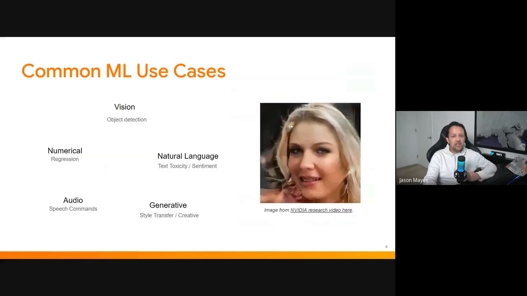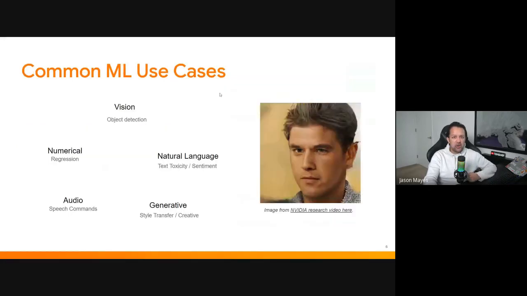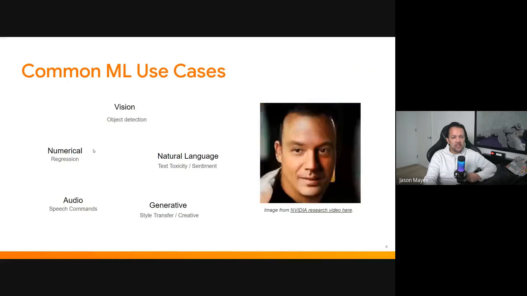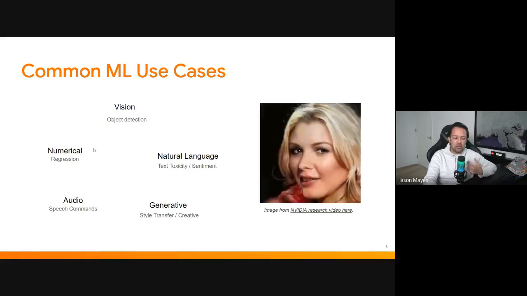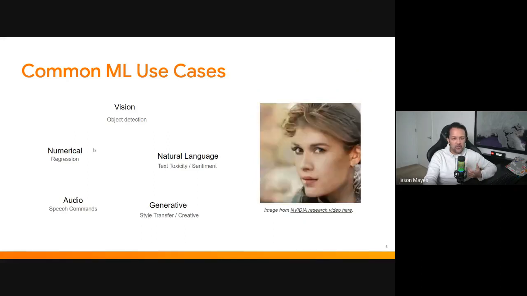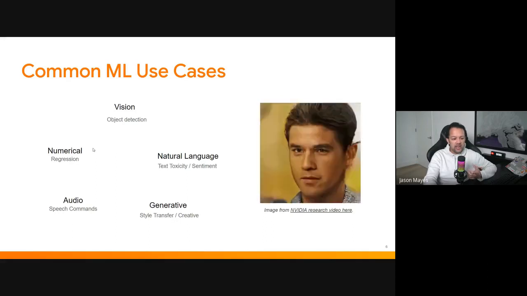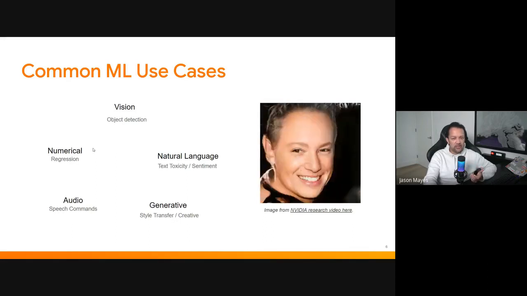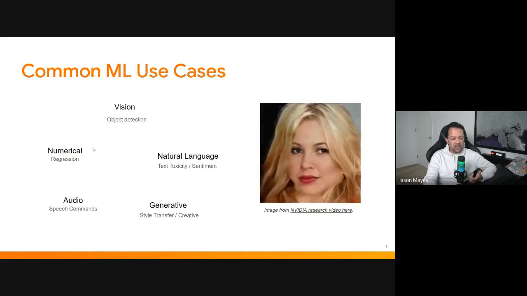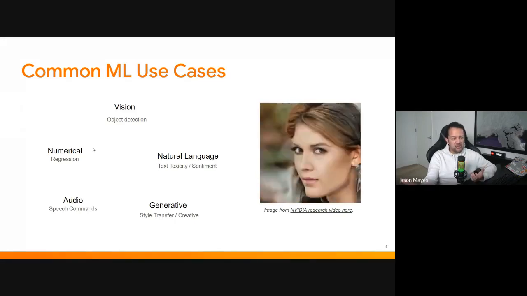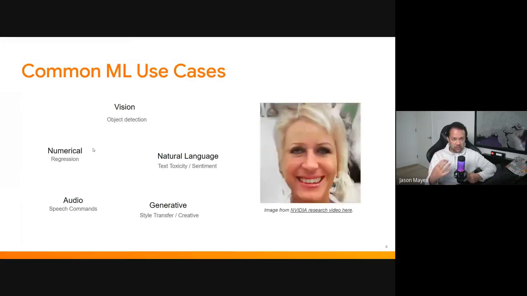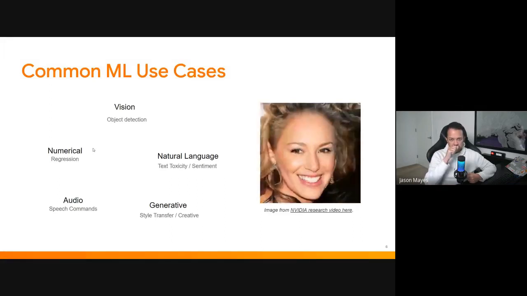And there are many other different machine learning use cases out there. We've got computer vision for object detection, as we spoke about earlier. We've got numerical regressions, which simply means for some numerical input, can we predict some numerical output? So a good example of that is if the square footage of a house in San Francisco is 1,000 square feet, what do we predict the price of the house to be? It could be $1 million. And with enough training data, you can get a system to predict what that might be.